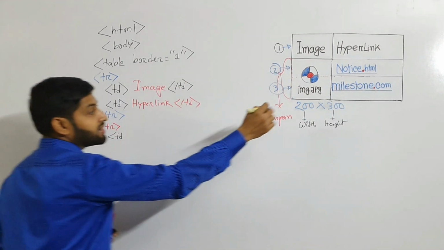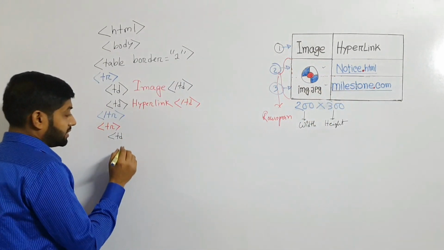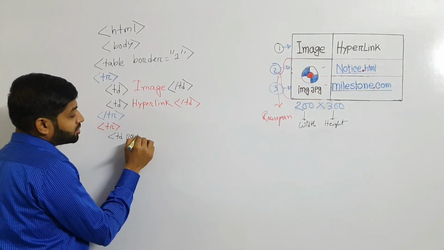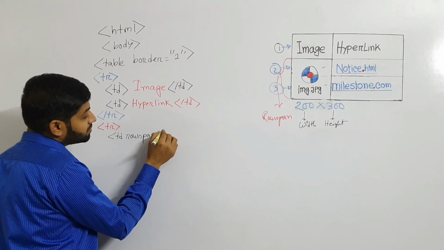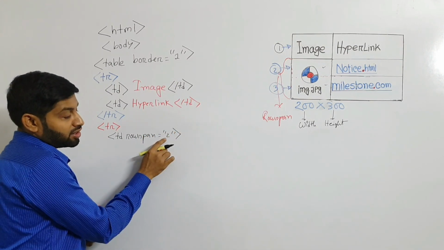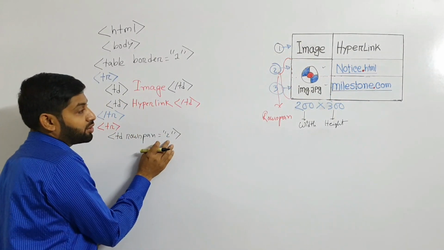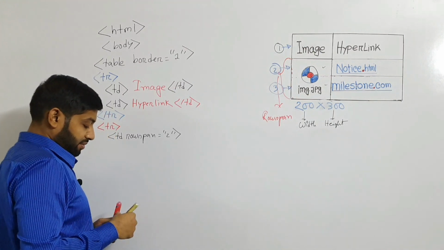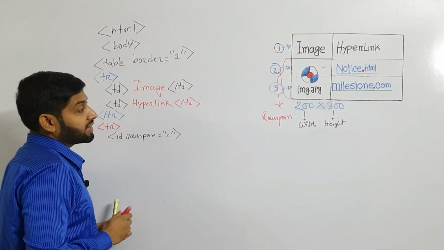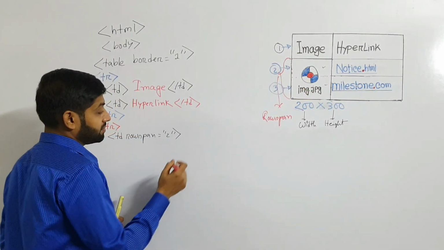So here you see this image already consists of 2 rows, that's this one and this one. So I have to write down here rowspan, double inverted comma, 2. Basically this image consists of 2 rows, that's why I have to write 2 here. And then I have to start the image tag. Basically I have to insert an image in that position of my table.